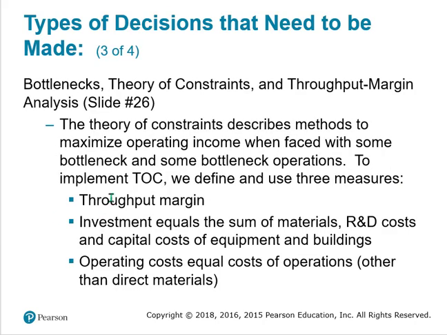Now, many decisions are required regarding bottlenecks. A bottleneck is a phenomenon where the performance or capacity of an entire system is limited by a single or a limited number of components or resources. So we use the theory of constraints, and that describes methods to maximize operating income when faced with some bottlenecks and some bottleneck operations. And to implement the theory of constraints, we use three measures. We use throughput margin,